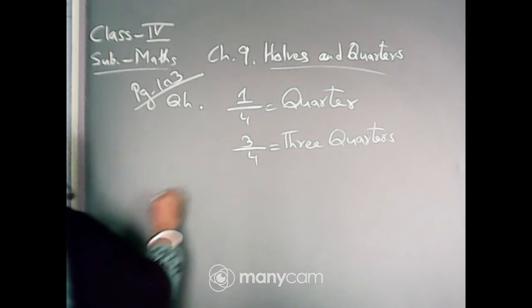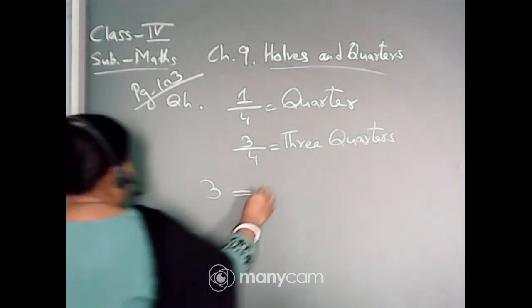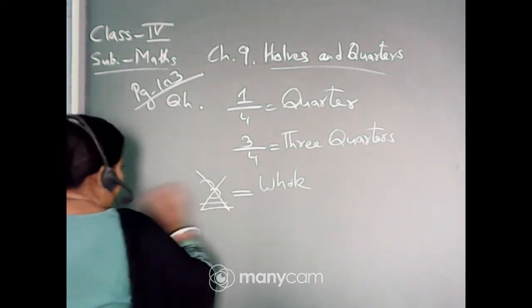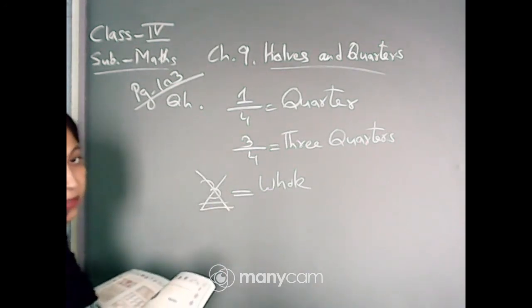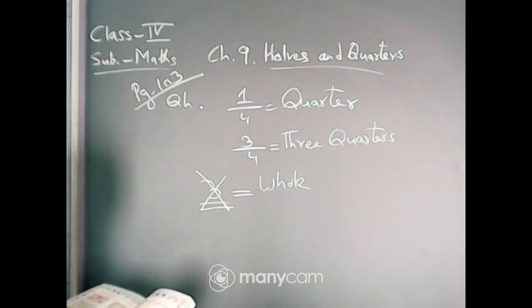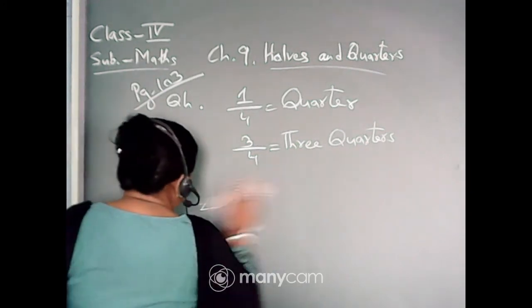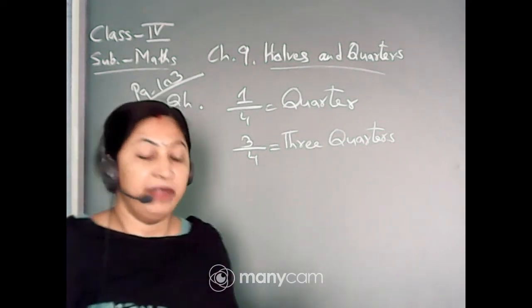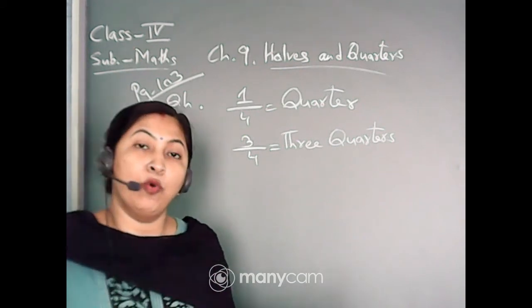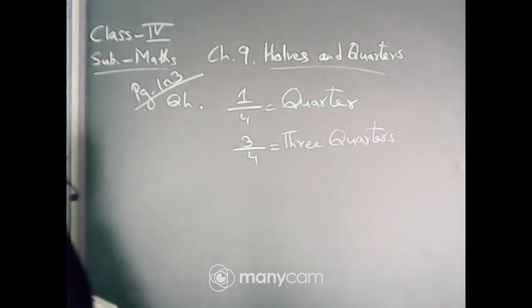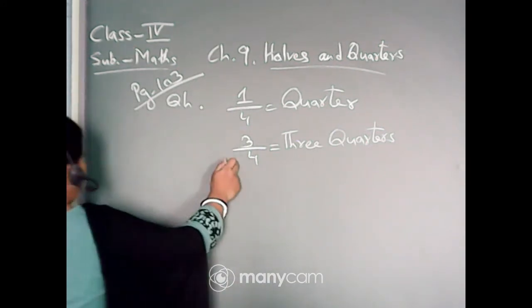But if you are writing only 3, this 3 means the whole number, which is incorrect, which is wrong. Okay, so you have to write in the fraction or in the part, that is 3/4. That is 3/4. Clear? If you are writing 3, 3 means the whole part you have to draw. That means already 1/4 is drawn, so more 3 you have to draw. It is wrong. You have to write in fractions or in the part, that is 3/4 or 3 quarters.